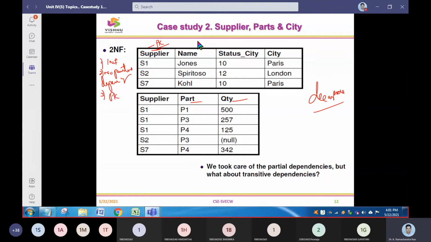So supplier ID followed by supplier name followed by the pin code, and thereby we are mentioning the city there. City was Paris and London here. This is table 1. In table 2, to make the previous table go from an unnormalized form to the normalized form, what we made here? We made supplier, part and quantity as a unique value. And if we want to have a name, of course, we can call the table as we have a relation called supplier, right?